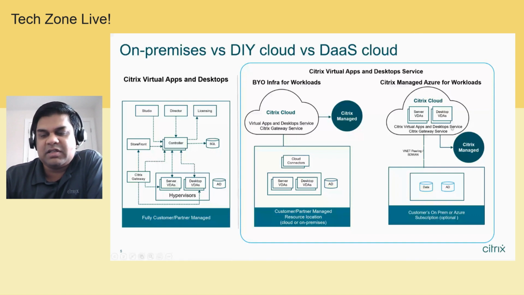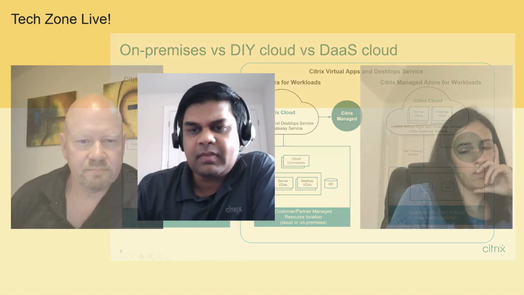And since these desktops are running in the cloud, you might be wondering, can I still talk to my on-prem resources? Yes, you can. We have a couple of options. One is called VNet peering, where we peer our virtual network to your Azure virtual network and provide connectivity to your resources. Or we also integrate with our own Citrix SD-WAN solution, where we can have an SD-WAN appliance here, which can talk to an SD-WAN appliance here to provide that connectivity as well. So there is flexibility there as well.